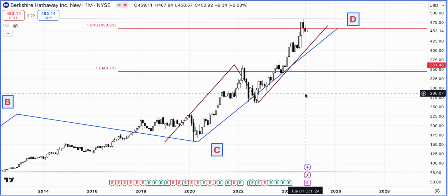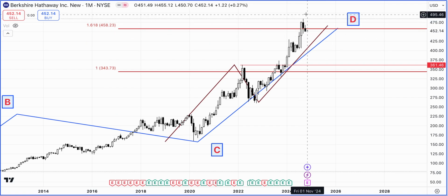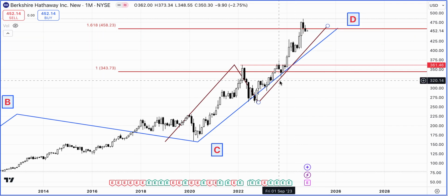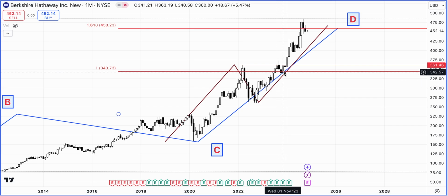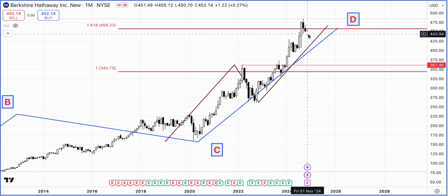a negative close for the month, and this is going to be the second consecutive closing in negative territory for the stock. And the previous time it did that, it was around here in September of 2023, and then there was just no follow through and the uptrend started. Now the month of November just started. Now if November also turns out to be a negative month on a closing basis, then what it suggests is that